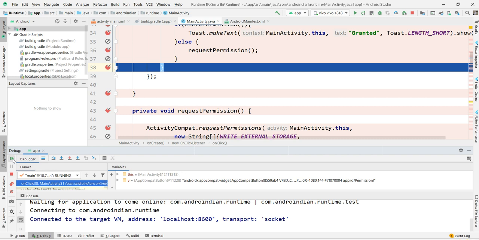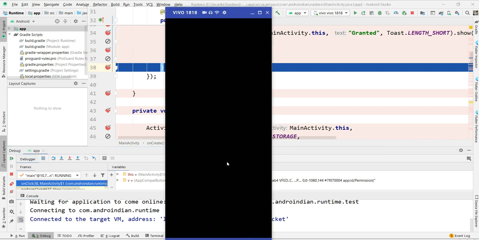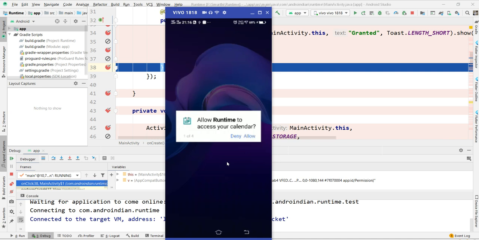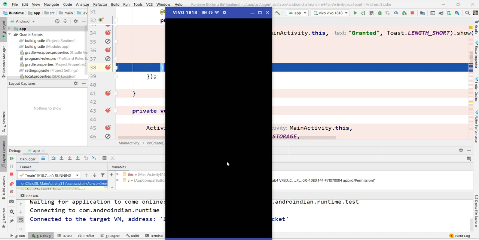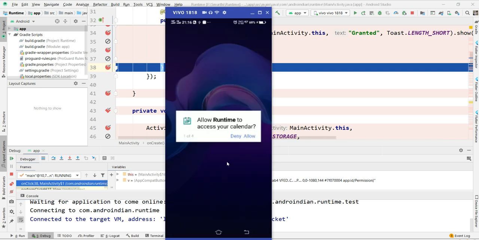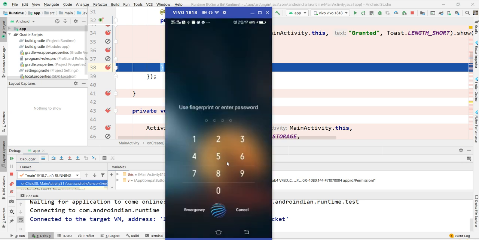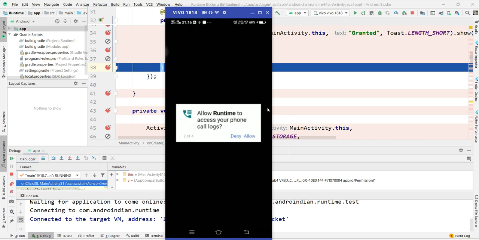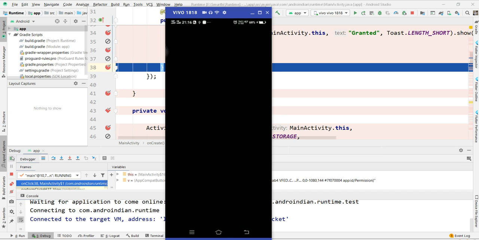See, each and every place it is checking. Now see here, permissions are not granted, so a dialog came up in our program. We need to enable this here. Now I'm allowing permission, allowing permission, allowing permission. After allowing all permissions, see, now it is stopping here.